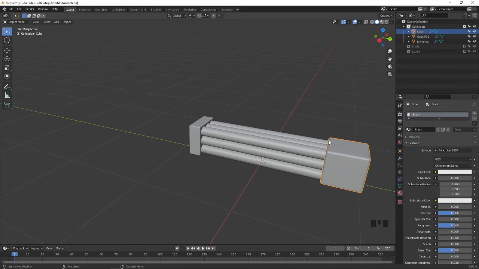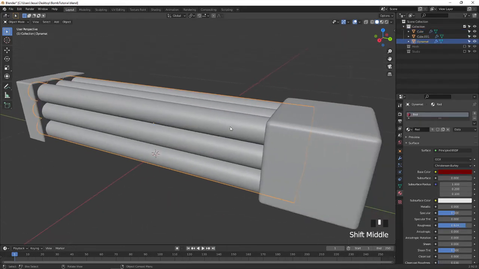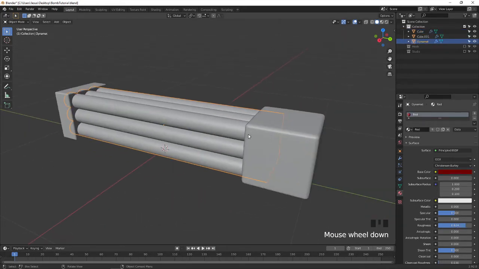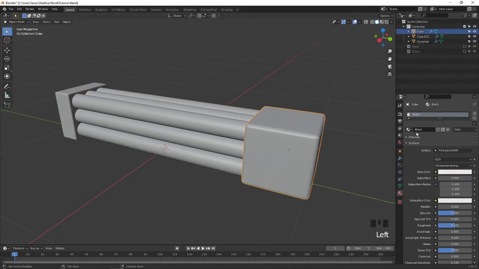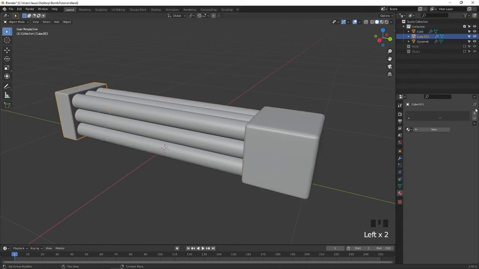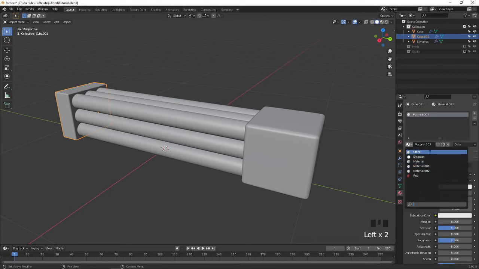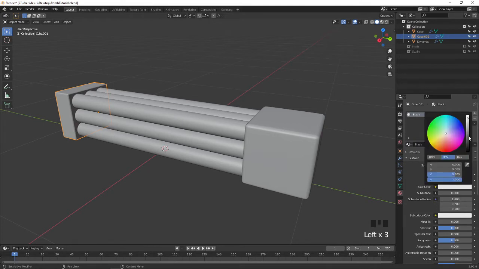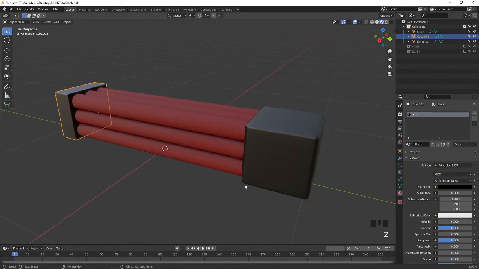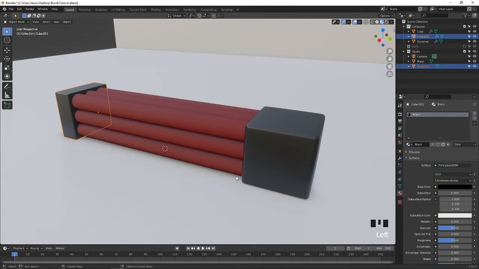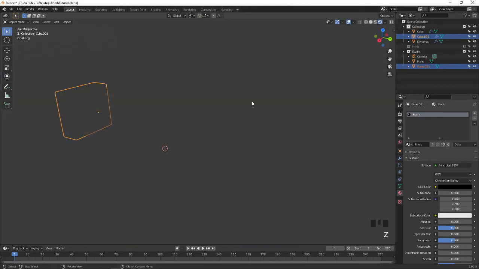For this material I have given a little bit of roughness, plastic for the same. For this I'm going to give a little bit of a shiny look. What I'm going to do, select this one, press new material, select the black I have created, and make it black. Go to the render view. Instead of this we can go for the studio view. Select this studio, press C to go to the rendering view.